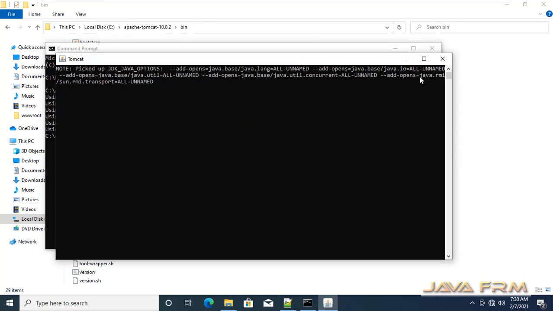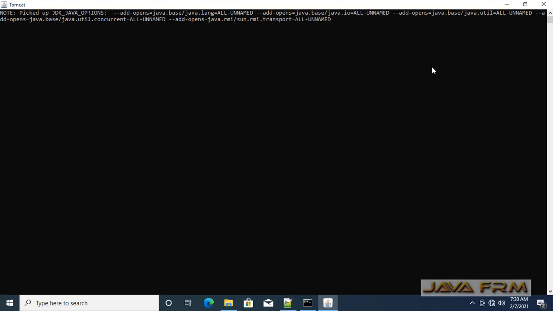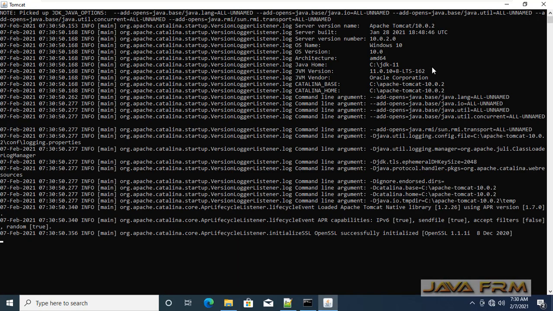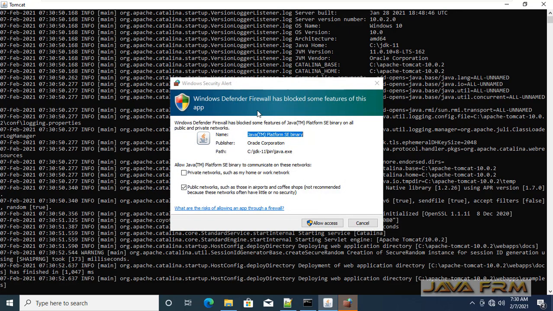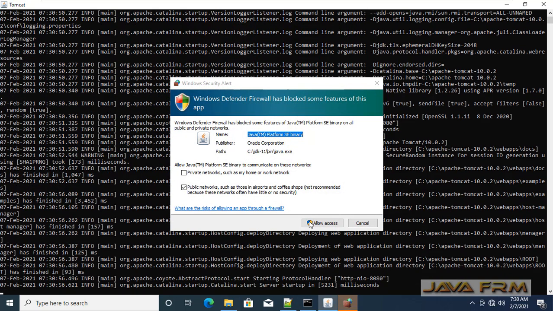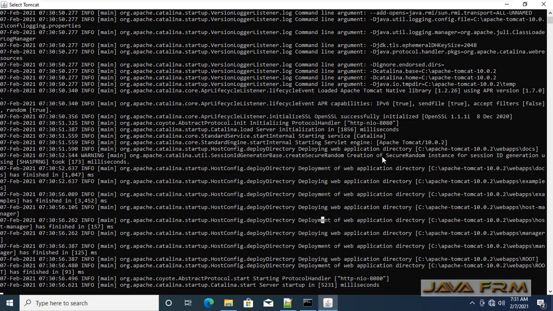That's it. You can see that Apache Tomcat 10 is starting now. Your Windows firewall is asking whether you want to allow this application or not. Click the Allow access button. Make sure that you have provided the necessary permission to the Windows firewall for Apache Tomcat to get up and running.